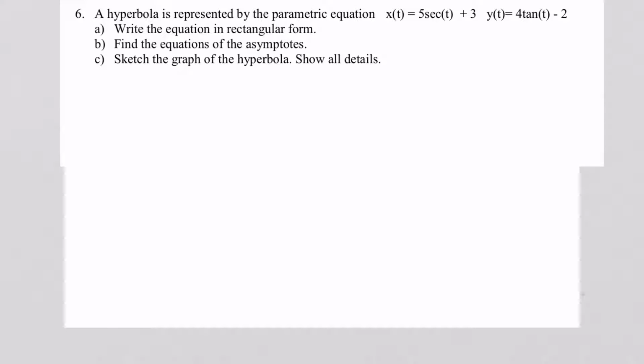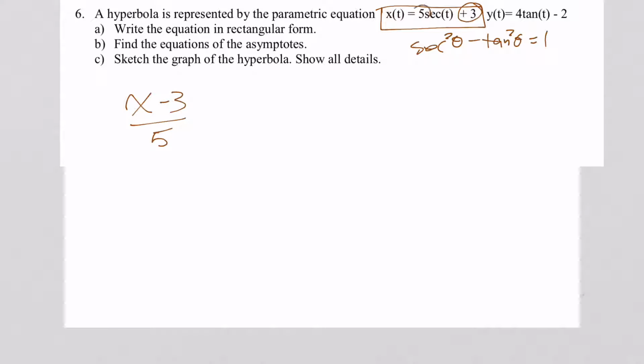One thing you have to remember is that the secant is always going to go with the positive term, and that's because the Pythagorean identity we get is secant squared minus tangent squared equals 1. So secant is the positive expression, so I know x is the positive expression, which tells me that this is a horizontal hyperbola. So x minus 3 from that plus 3 right there, divided by 5 from that 5 right there, squared